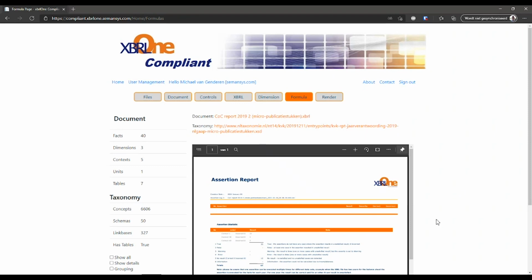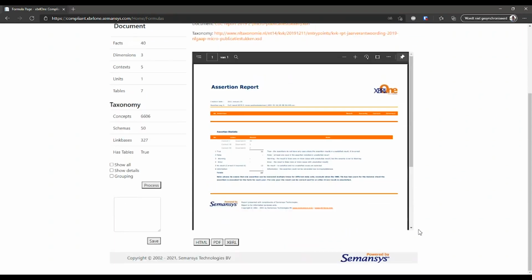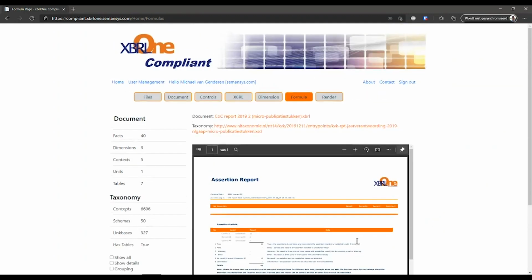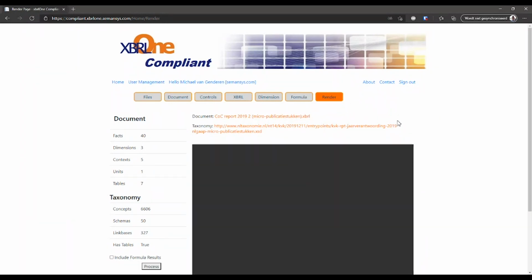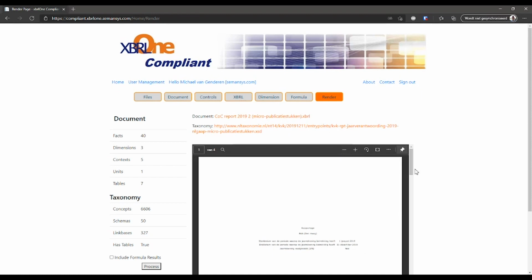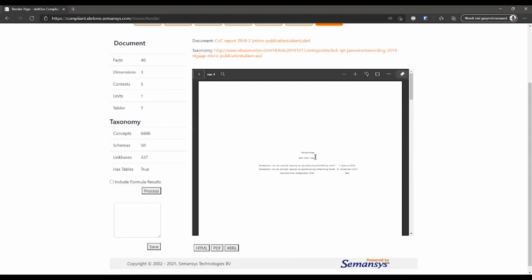And here again, the report can be downloaded at the bottom in different formats so that it can be used for different purposes. Until now, we have only seen, let's call it, technical validation reports, but the user also wants to see something that's visible and readable and more recognizable compared with the financial report that they have been producing. If we go to the render, now we show the content in a readable format, and this helps the user to have a way better view